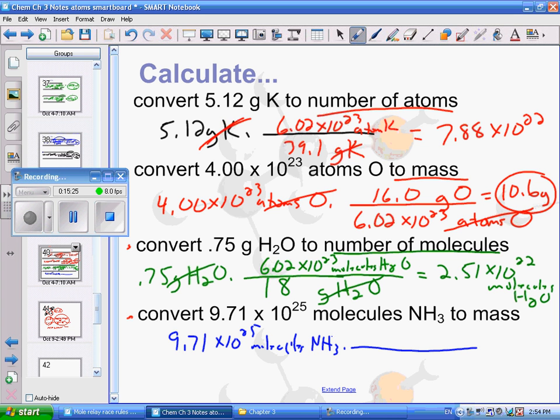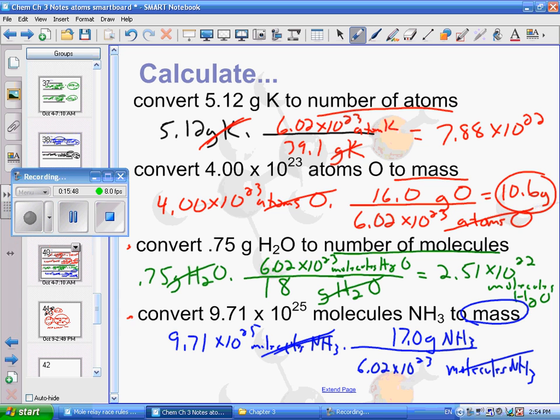And we have molecules of NH3 here, so we better write molecules of NH3 here. And what number goes with atoms, molecules, or ions? And hopefully you're saying 6.02 times 10 to the 23rd. And of course I'm going to mass, so mass goes on top. Grams of NH3 on top, and that is 17.0. So those cancel out, so 9.71 times 10 to the 25th, multiply that by 17, hit equals, divide by 6.02 times 10 to the 23rd, hit equals, you end up with